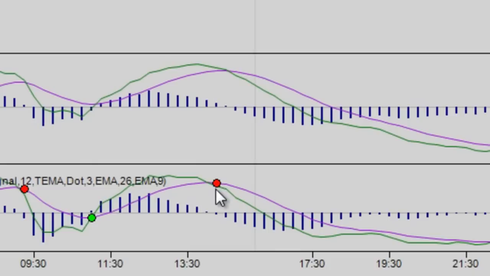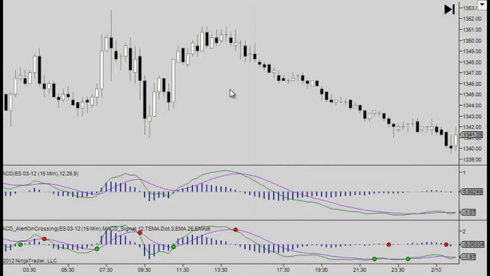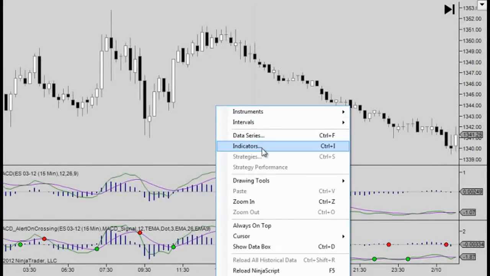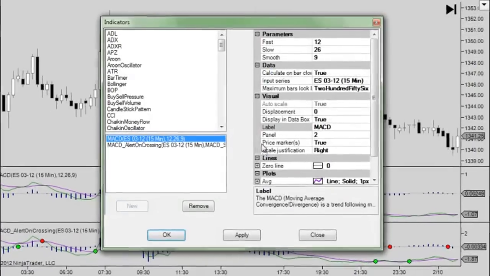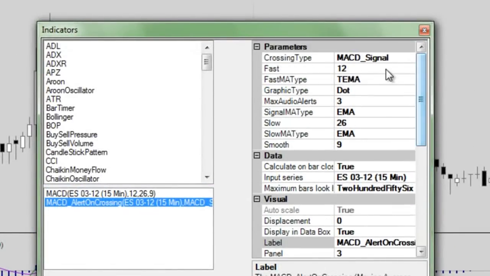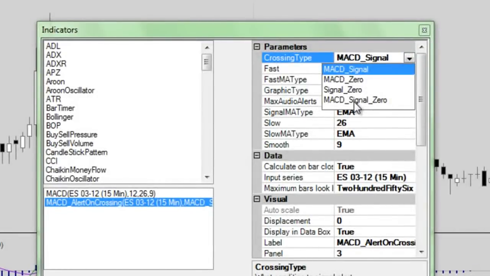Now let's say I wanted to add both the MACD crossing the zero and the signal line crossing the zero. I can easily do this by right-clicking on my chart, bringing up the indicators. So I'll right-click, look for indicators, left-click on indicators, and that'll bring up my parameters chart. I select the MACD crossover alert, and here I can change my crossing type. So instead of just the MACD crossing the signal, I can go here, I can change it to the signal